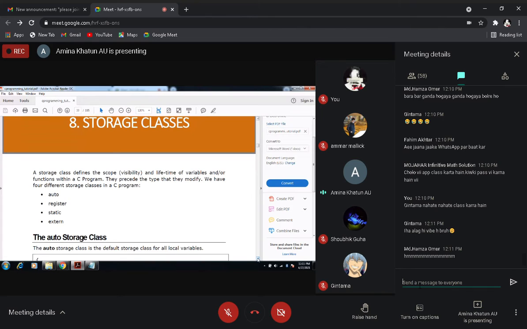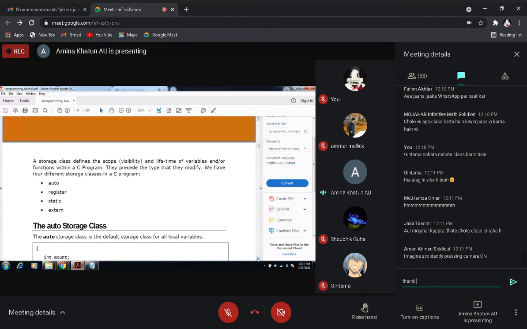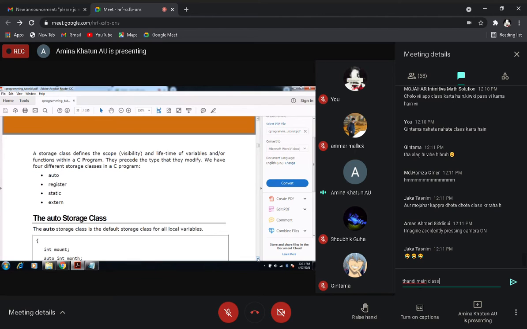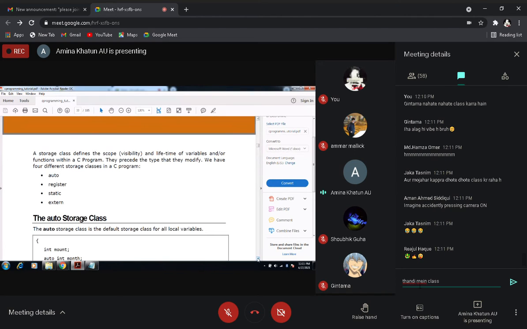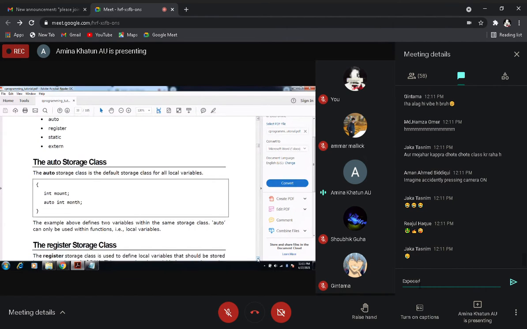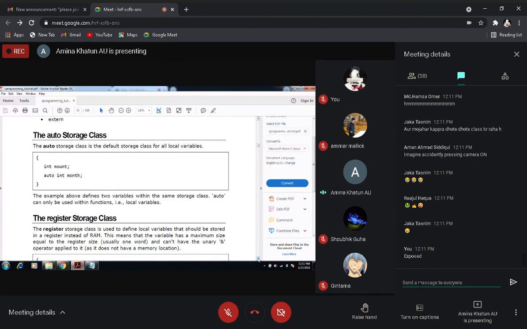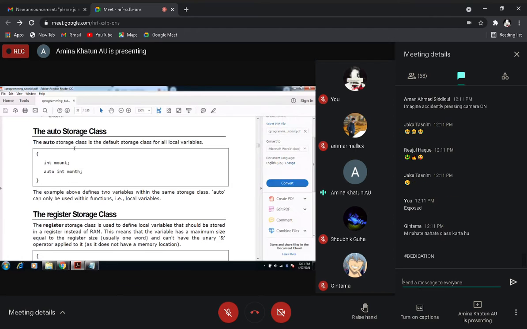So we have different types of storage class. There are 4 different types of storage class in our C program. First is auto storage class, next is register storage class, static storage class, and extern storage class. So auto storage class. Let's see what is auto storage class and how to define it. Auto storage class is the default storage class for all local variables.